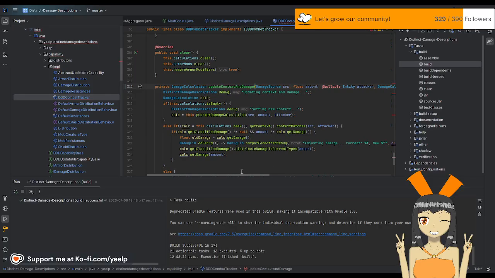Right, so we pass in the calculation phase, and then what we do